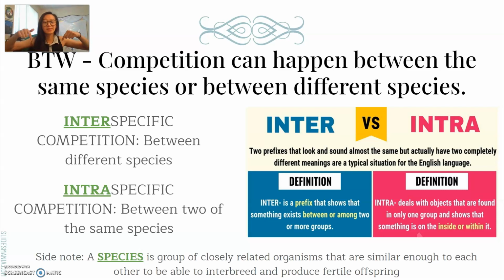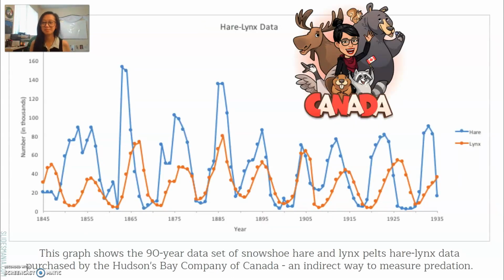And then make sure you know what a species is. It is a group of organisms that are related, and they have to meet these conditions. They have to be able to mate and have offspring, and those offspring also have to be able to have offspring. They have to be fertile. So if they have children that cannot mate and produce fertile offspring, then they are not actually the same species. Fun fact.